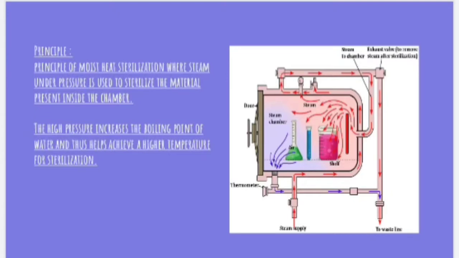This principle is employed in an autoclave where the water boils at high temperature and 15 psi of pressure. When this steam comes in contact on the surface, it kills the microbes by giving off latent heat. The condensed liquid ensures the moist killing of the microbes.